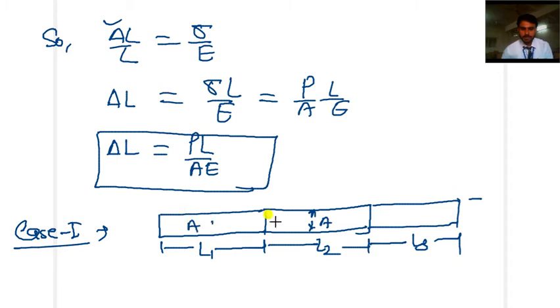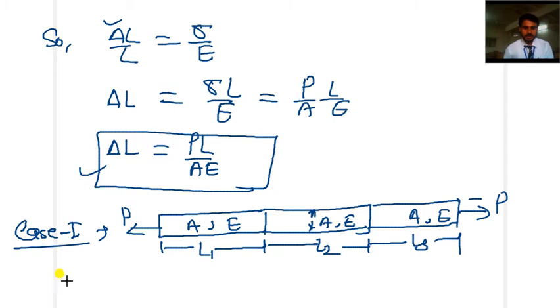The modulus of elasticity E is also the same because the bars are of the same material. If we apply the external load P on that series connected element,